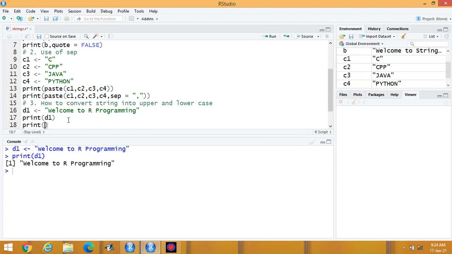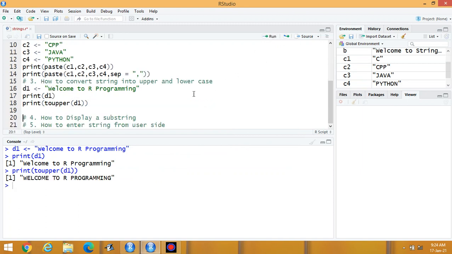Print, simply you have to write toupper, then the string, address of that string D1. You can convert the alphabets into uppercase. Then print tolower, means you can convert all the alphabets into its lowercase.